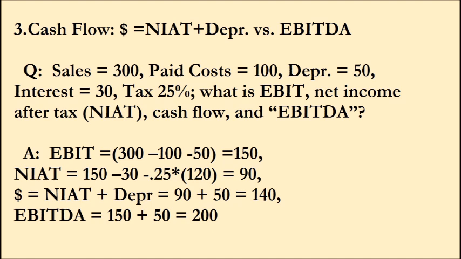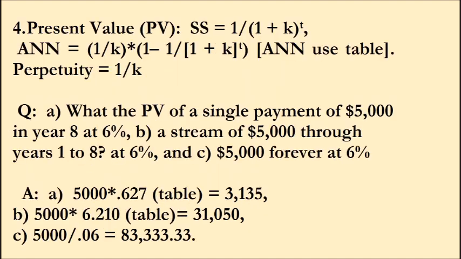Well, we're going to move on to present value, which is the discounting of cash flows. Present value is a reciprocal of the future value. And we have something called an annuity. We'll use a table here if you like. And we even have a perpetuity. That's the reciprocal of the discount rate. Let's look at a scenario of a